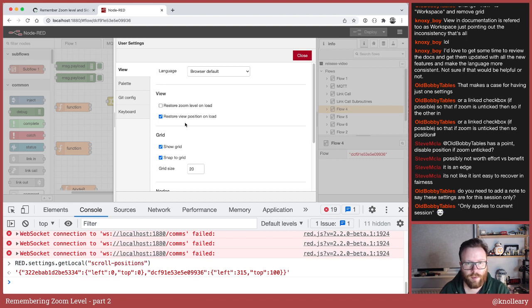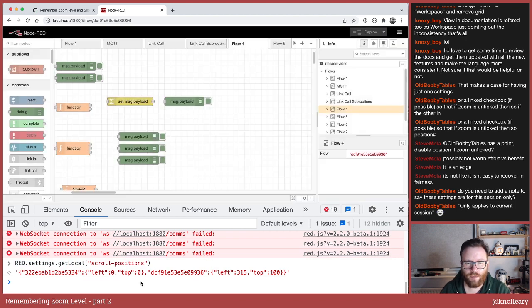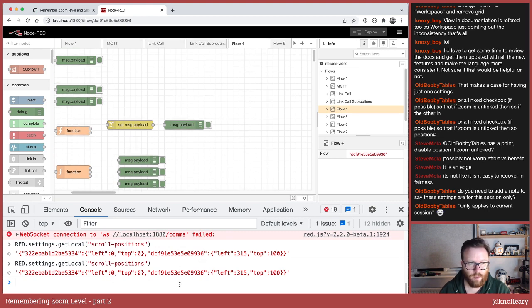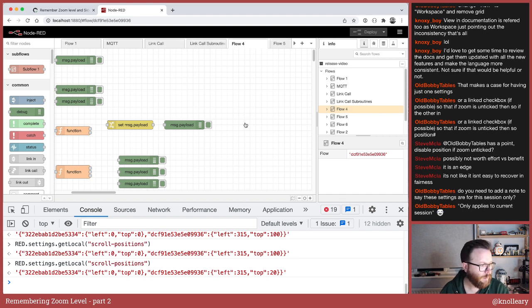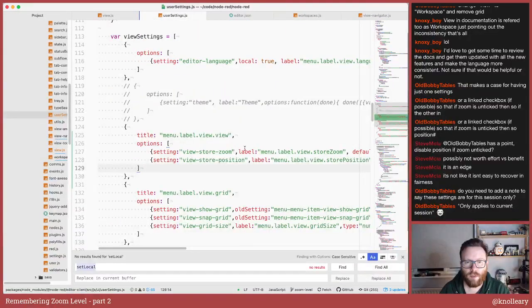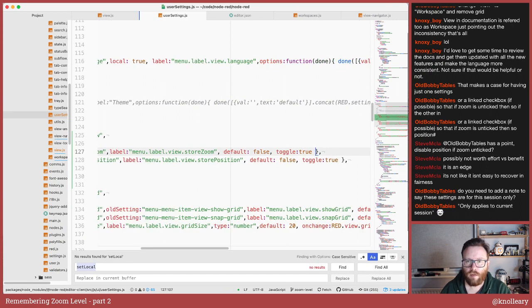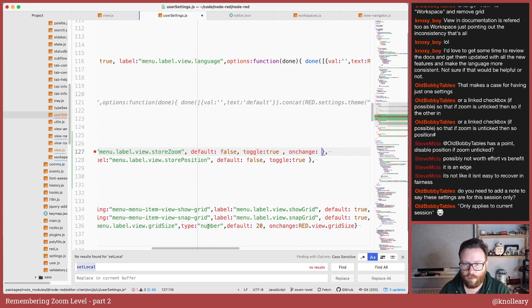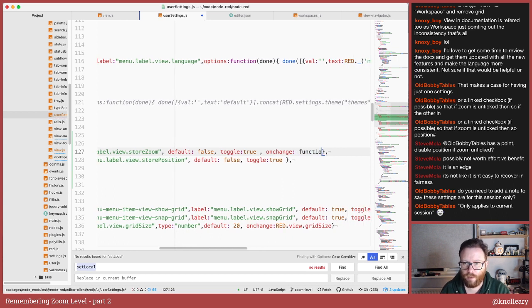So we've got some scroll positions. If I disable that option, we've still got the old value stored. I think as soon as I scroll a bit, yeah, see it's updated the existing object. It kind of feels like we need to do something on change. So if you change the value, it feels like we ought to be flushing it.